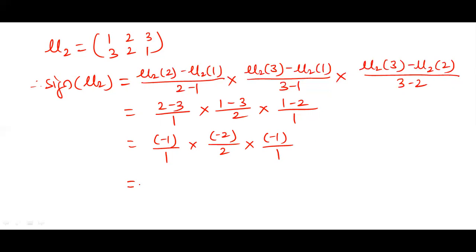Yes, this 2 will cancel with this 2 and remains minus 1, means here we have minus 1 three times, minus 1 raised to 3, so it is minus 1. Therefore we got signature of mu2 is minus 1. Let's find signature of